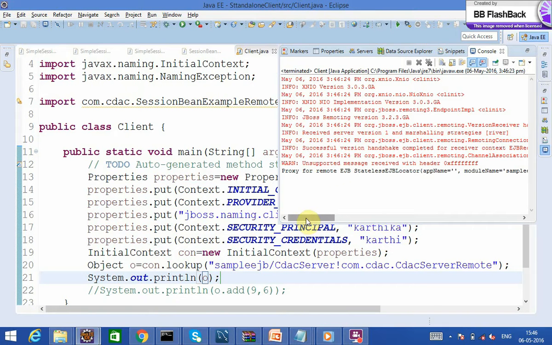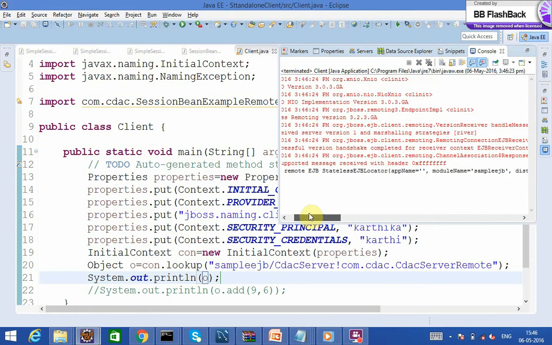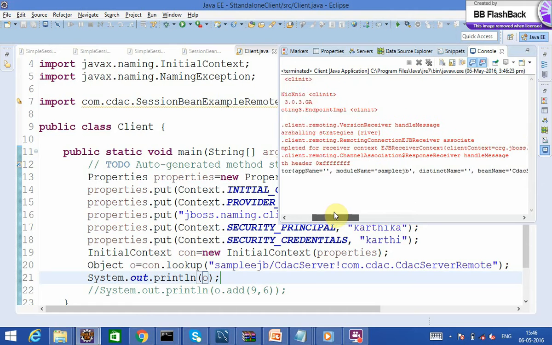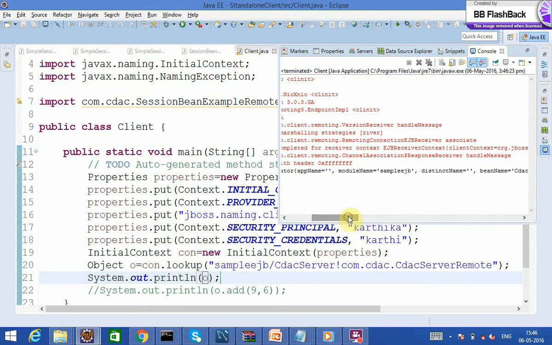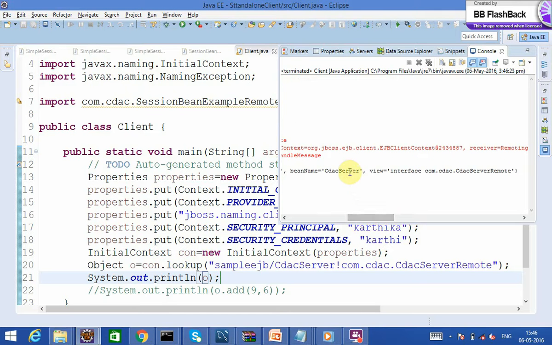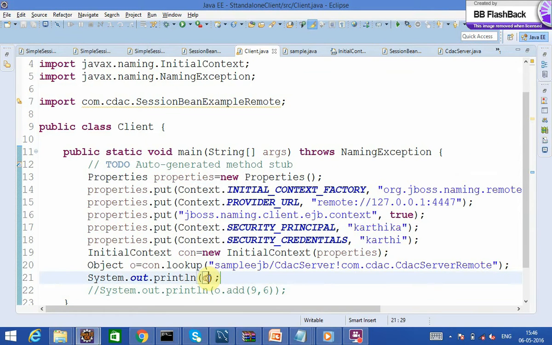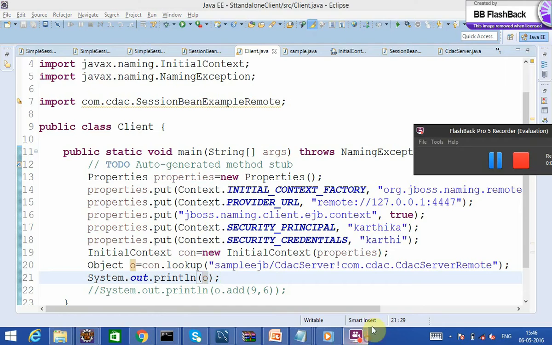A proxy for remote EJB, stateless EJB locator with the module name sampleEJB, bean name CDACServer, and with the interface name CDACServerRemote is created. So with this object you will be able to access the methods in that interface and the server class.